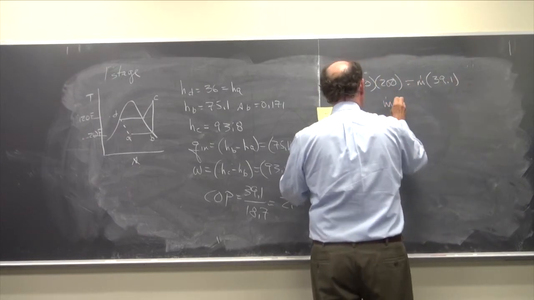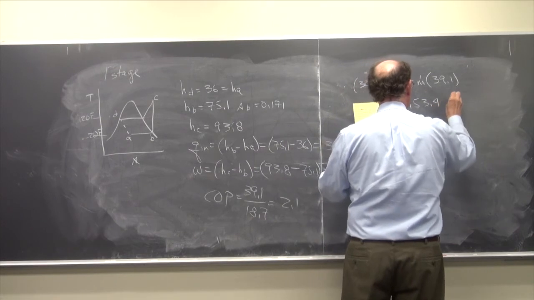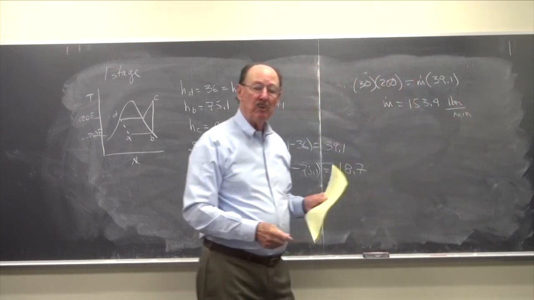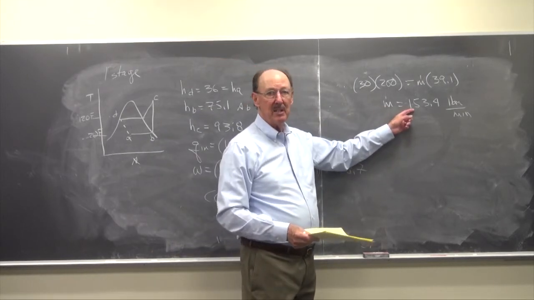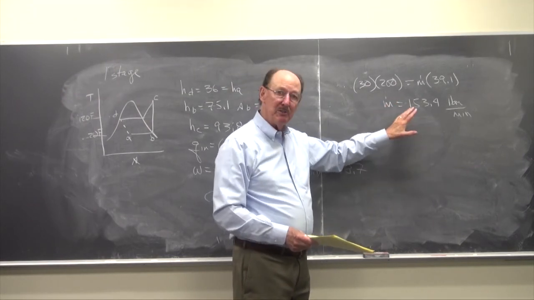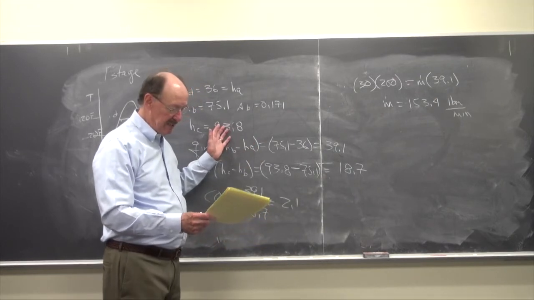The mass flow rate is equal to 153.4 pounds mass per minute. So the total refrigerant I need in the system circulating is 153 versus I think about 174 for the two-stage, but refrigerant is cheap. Your operating costs are going to be much higher with a single stage than a multiple